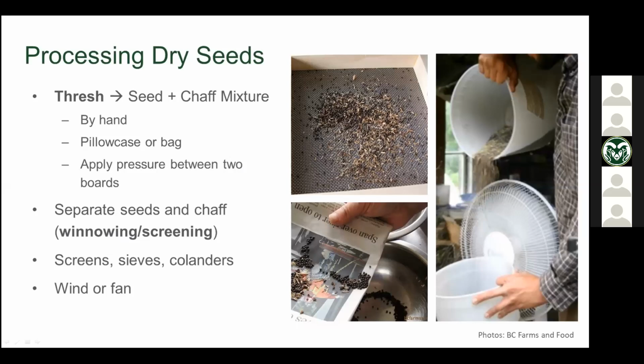So once you thresh, however you choose to do so, you have a seed and chaff mixture. And then you want to separate the seeds and the chaff. There's a couple ways of doing this, often used in combination, called winnowing and screening. So the equipment you might want for this is screens, sieves, colanders. It's really helpful sometimes to have